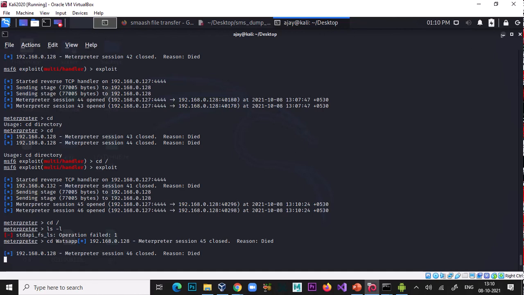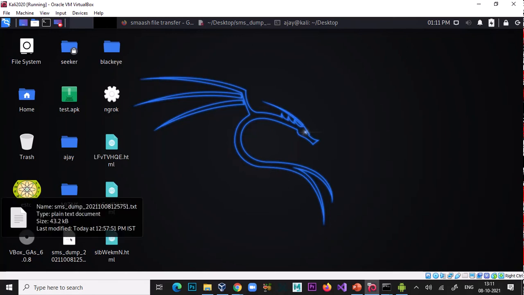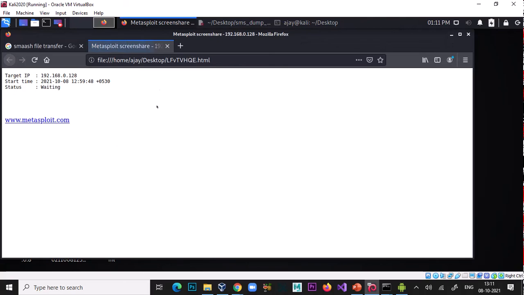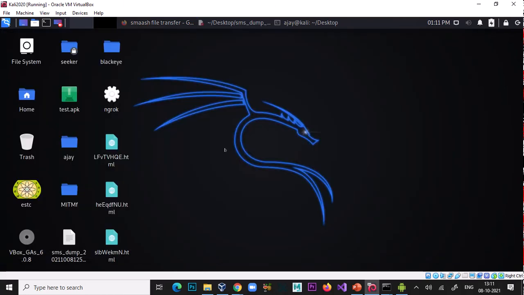So this is the demonstration of an Android hacking attack, how you can make a payload and how you can exploit it. Okay. And how you can take the access of that Android phone. You can easily dump the contacts, you can easily dump the call records, even you can easily dump the SMS file also. And you can easily control their cameras also. Okay, so this is the power of Metasploit.